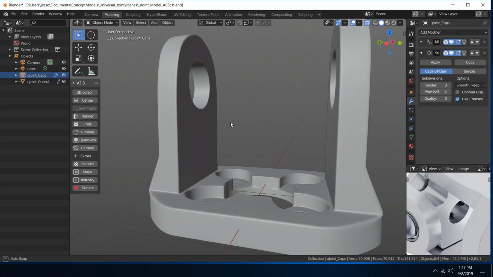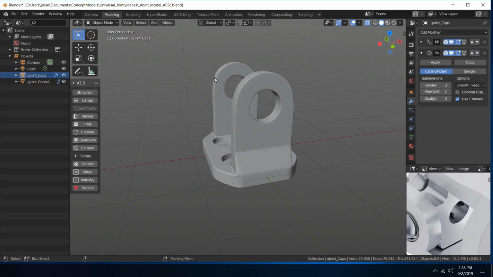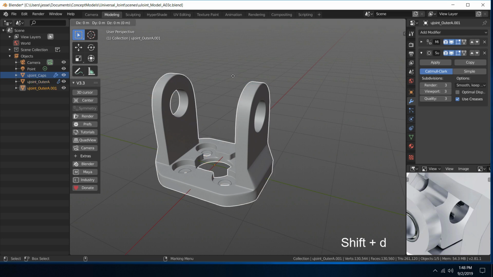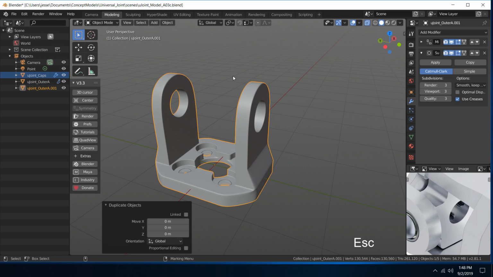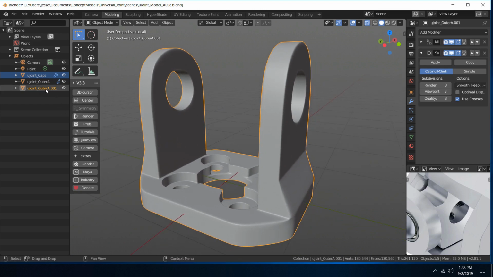Okay. And now we can go ahead and start modeling the rings. You can see it's basically sort of a flat extrusion down, and then it curves or angles in towards the hex screw there. Okay, so let's approach that. Basically, I'm going to take the initial object and duplicate it. Shift D and hit escape. And now I'm going to isolate that. You can see the new object is here. So let's just name this U-joint rings